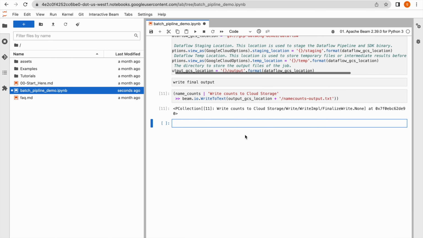Now before deploying this pipeline into our Dataflow, we need to visualize this pipeline. How does this graph look? Is there any unnecessary transformation added, or any unnecessary operation added, right? So in order to make sure this is correct, that the graph looks fine, we need to visualize that graph. For that we have